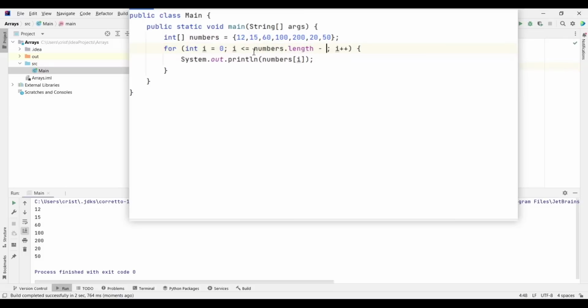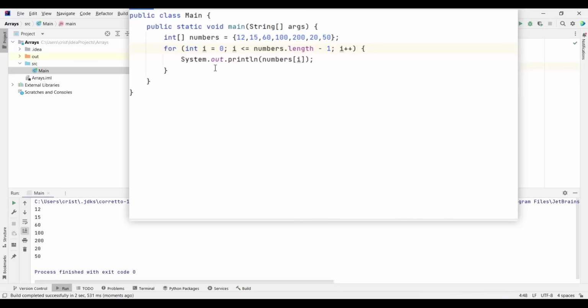So we're going to subtract 1 from the length. So instead of having the length, which is 7, we're going to have 6, which is the index of the last element. So now if I run this, we get on the output our numbers.